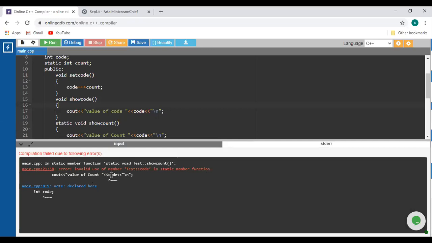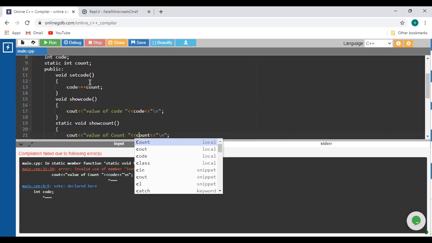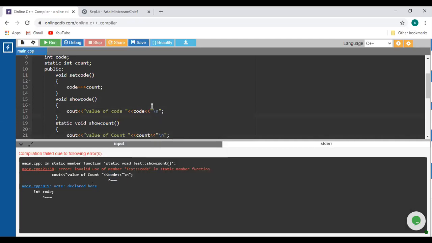Because this code is a local variable. So inside the static function we are using only static variables and static functions. So this is the use of the static function.